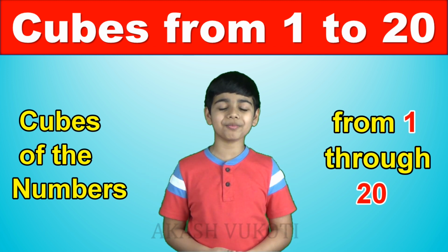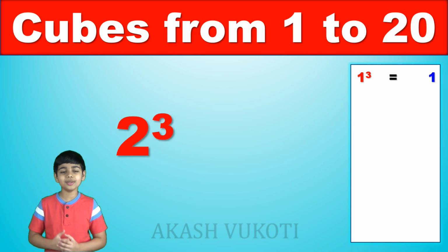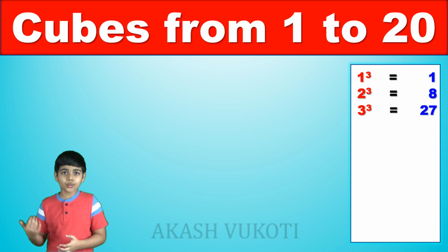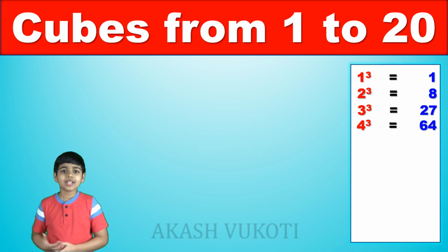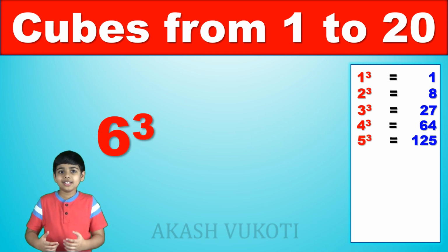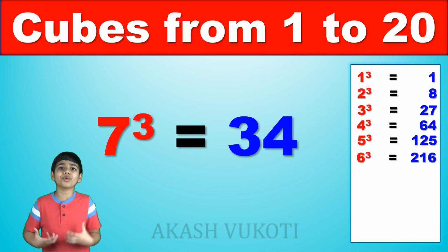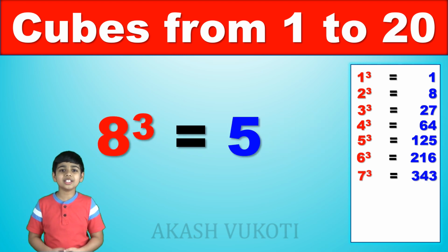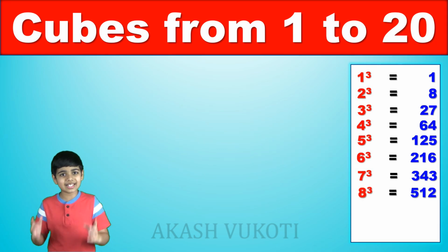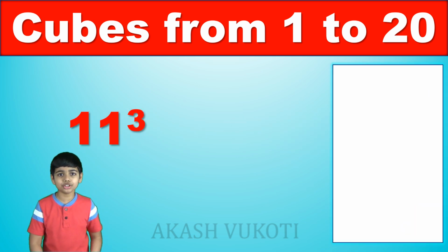So, let's go. 1 cubed is 1. 2 cubed is 8. 3 cubed is 27. 4 cubed is 64. 5 cubed is 125. 6 cubed is 216. 7 cubed is 343. 8 cubed is 512. 9 cubed is 729. 10 cubed is 1000. 11 cubed is